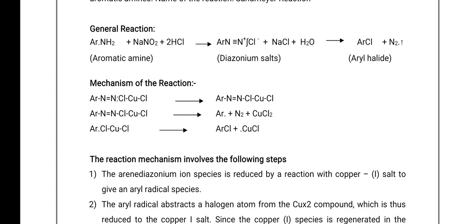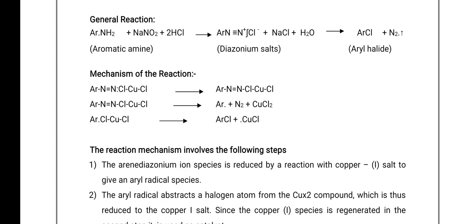The general reaction is an aromatic amine, ArNH2, reacted with NaNO2, which gives nitrous acid, in the presence of hydrochloric acid. By combining these, they form the diazonium salt. You can see this: Ar, N triple bond N, Cl. So N+ Cl-, this is the salt formation, and the N triple bond N is called the azo group. The byproducts are NaCl and H2O. After reacting it, N2 is removed as a gas, and there is formation of the aryl halide, which is ArCl. For iodobenzoic acid, we are going to replace chlorine with iodine. Okay.